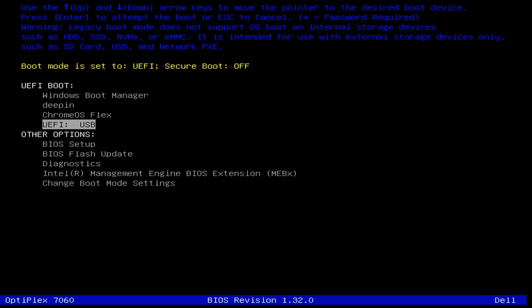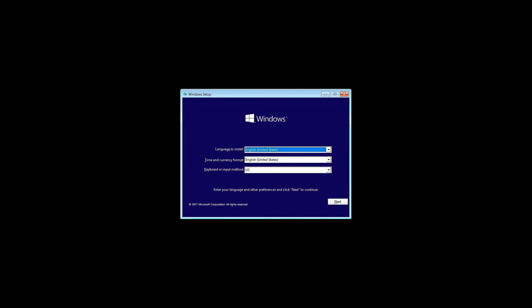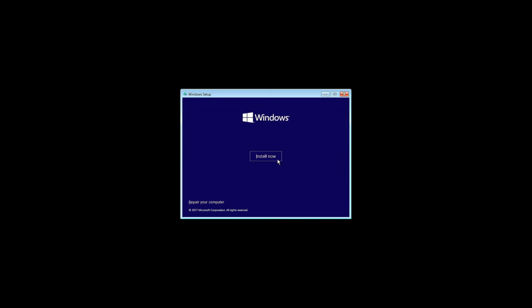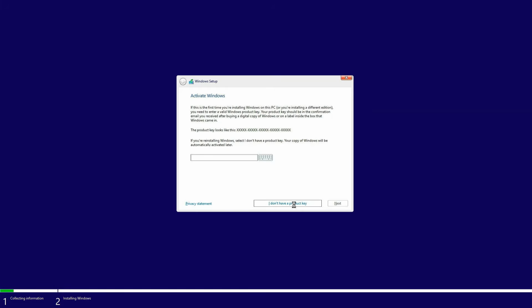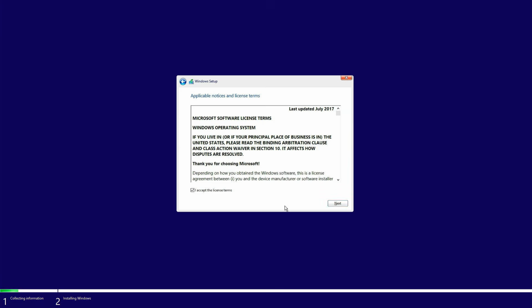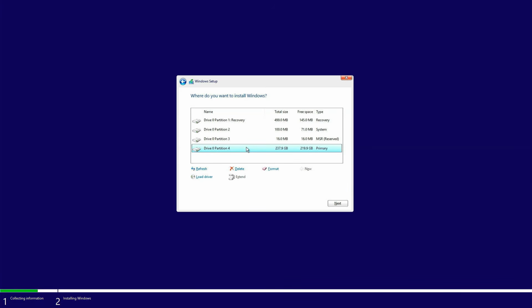Now boot again into the Windows installation USB. Many times, the SSD will immediately start showing after switching from RAID to AHCI or after disabling Intel VMD. Windows 10 and Windows 11 already include built-in AHCI drivers. So when your BIOS is set to AHCI, Windows setup can detect the SSD automatically. If your drive appears now, your problem is solved and you can continue installing Windows normally. But if you want to keep RAID or VMD enabled, or if your system does not allow you to change it, then we must move on to the third fix.